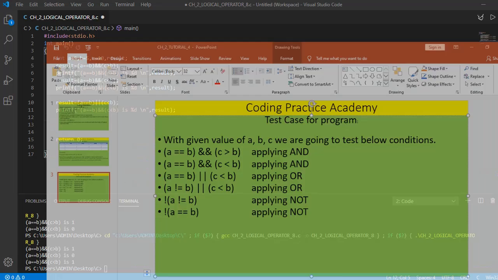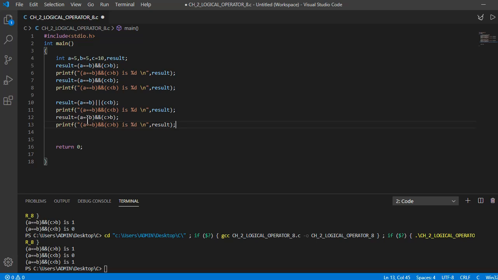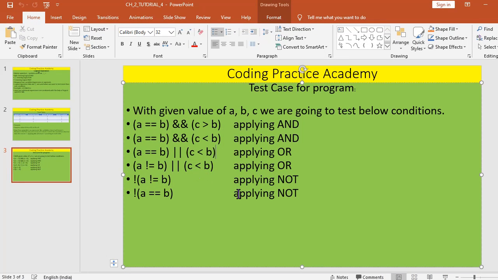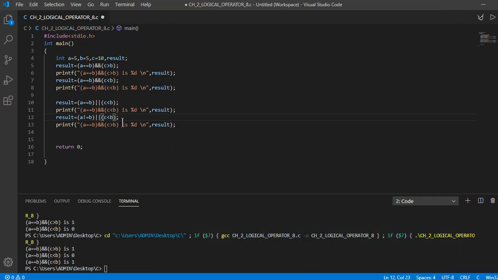A not equals to B, or C less than B. Copy that, paste it here. Save the program, execute it.